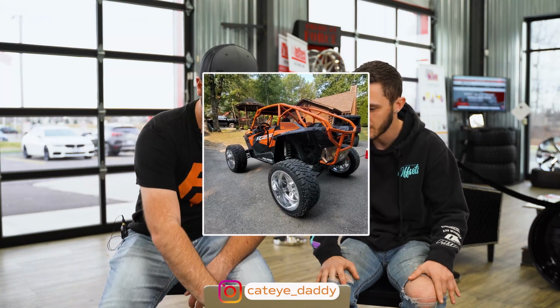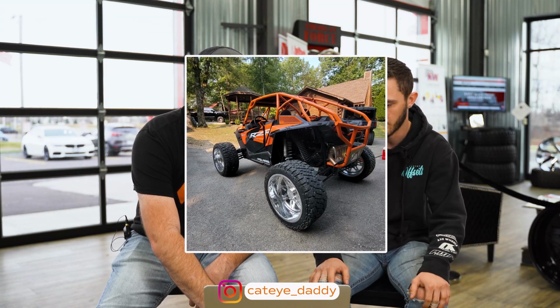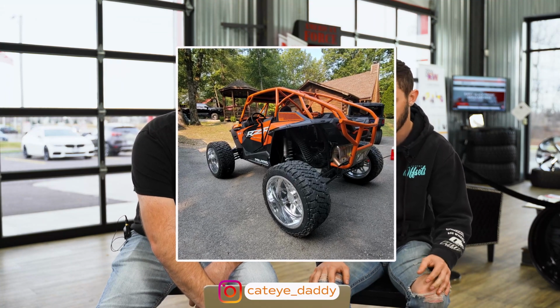One of the reasons why I picked it, and I have seen it in person, just like we mentioned before, but honestly, it's that whole show style that I'm into. Don't get me wrong, that Kawasaki's nice. I'll be honest with you, don't roast me on the internet or anything, but I didn't know that they were